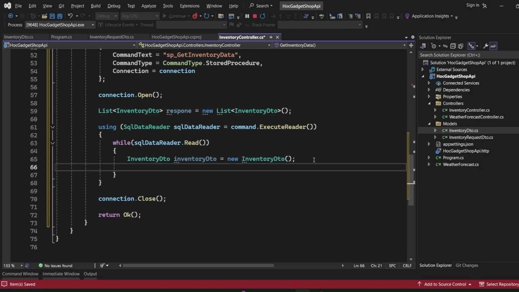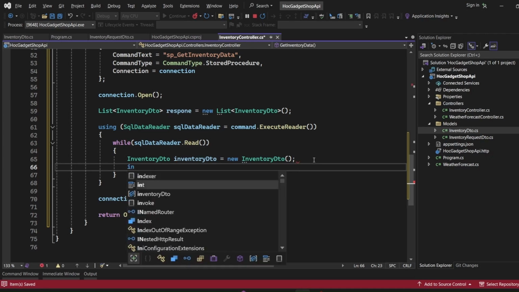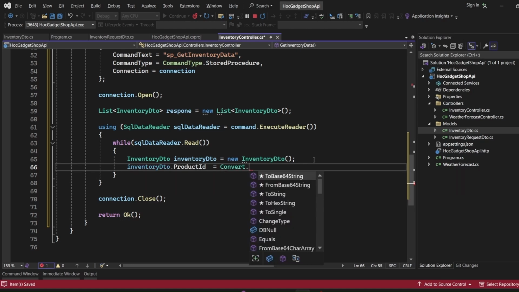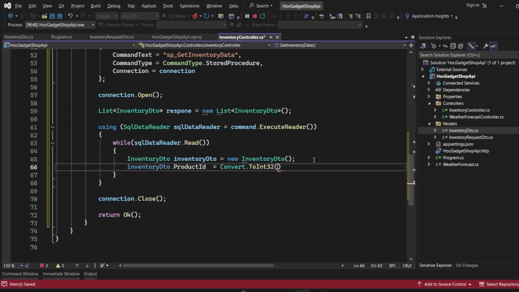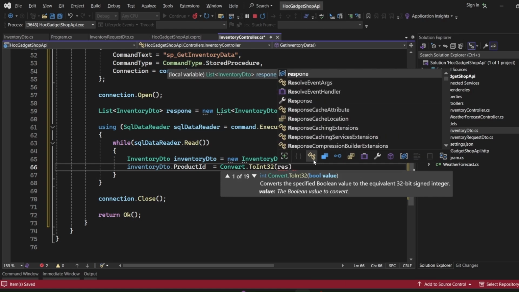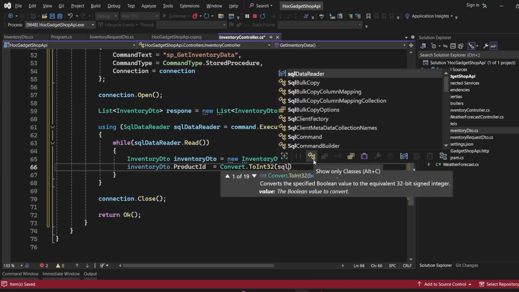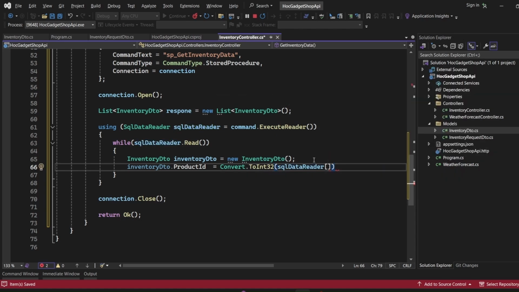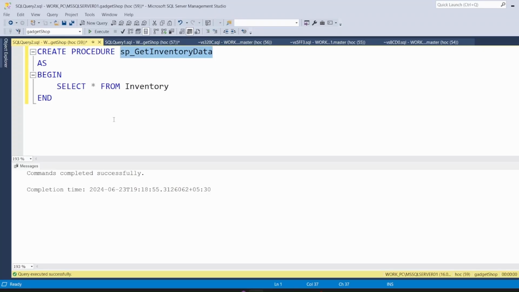So what we are trying to do is inventory DTO dot product ID is equal to convert dot to int reader, that is SQL data reader, and the name of the column would be from here.